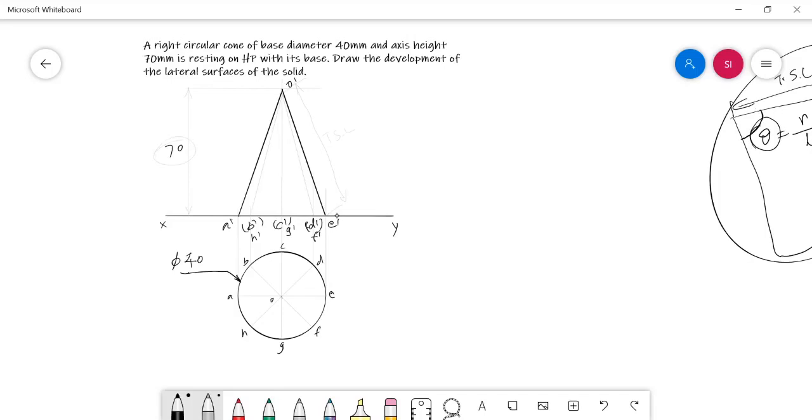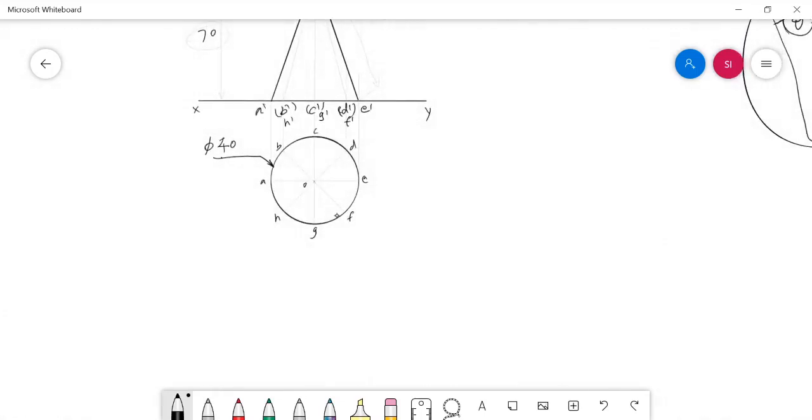In this application, I am not able to measure the length of the slant edge. So for our understanding, I am approximately considering it as 75 mm, and the theta value can be found analytically. The theta of the sector will be equal to r by L into 360.